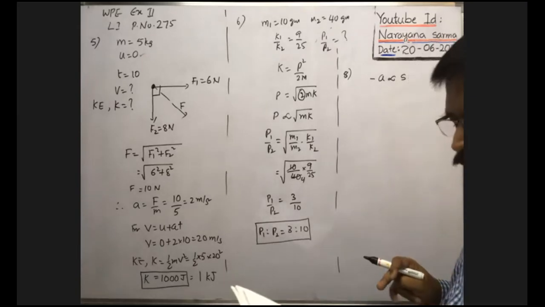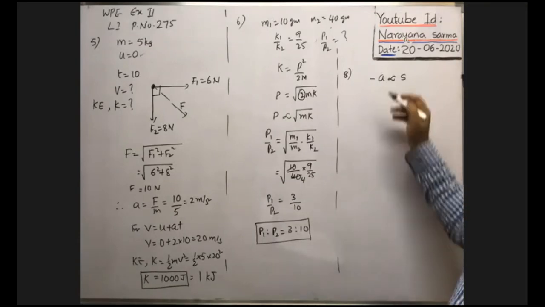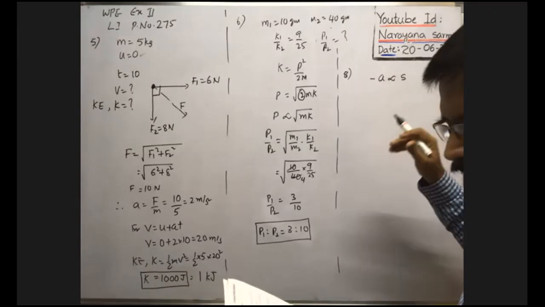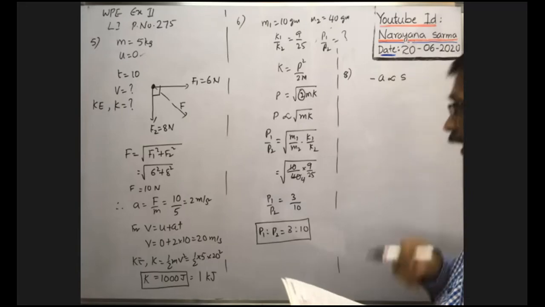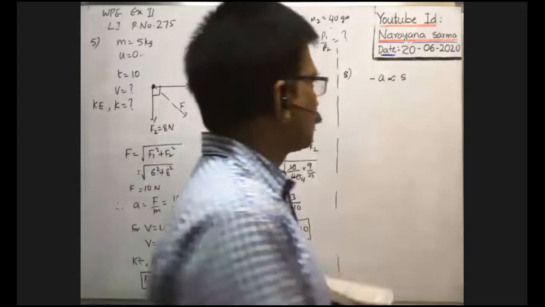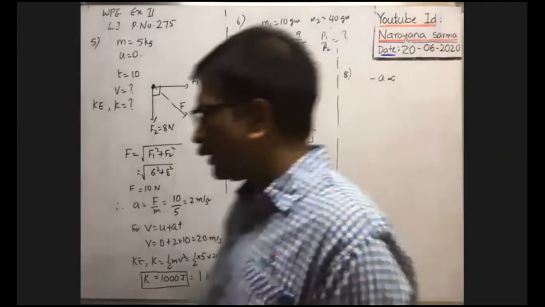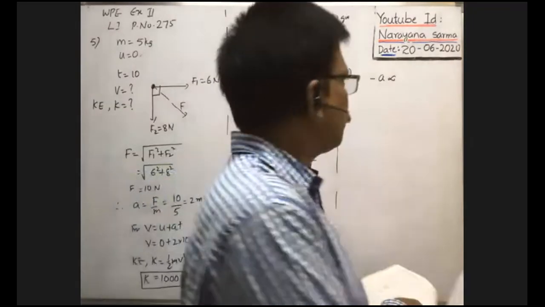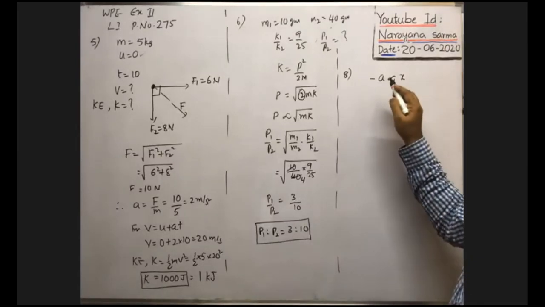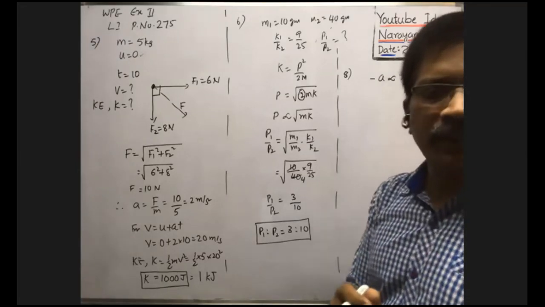They asked to find the loss of kinetic energy, so we need the velocity of the body. That's why from this we have to find velocity. We had to find the loss of kinetic energy with displacement, so we have to obtain the relation between kinetic energy and displacement. Displacement is given as x. Retardation means negative acceleration, which is proportional to displacement x. Now we have to obtain the relation between velocity and displacement x, and then we can find the relation between kinetic energy and displacement x.